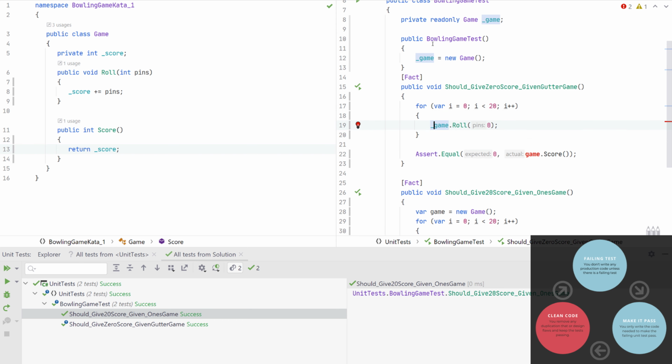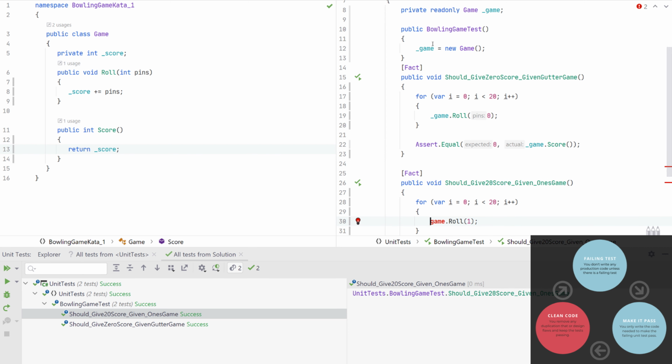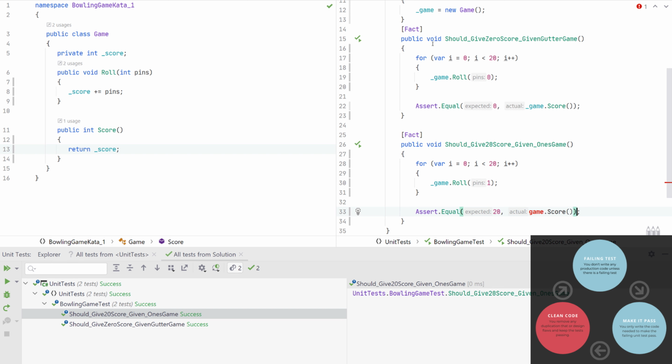And then we'll just rename the variables. And we'll run the test suite again to make sure that we didn't make any errors.